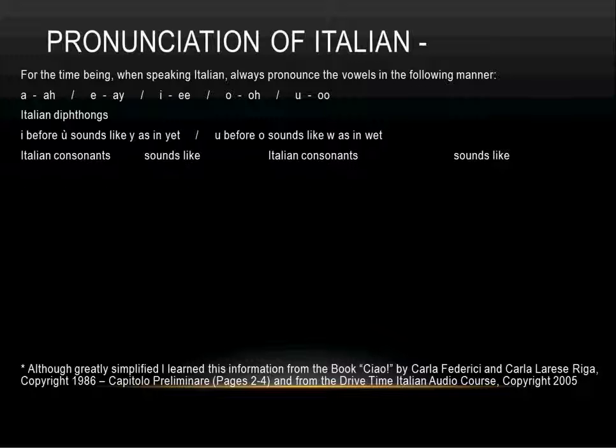Now, Italian consonants. The C, when followed by A, O, or U, is just like a hard C in English, as in cat, cut, cot. However, when it's followed by an I or an E, it becomes what they consider a soft C. But a soft C in Italian isn't like an S, it's more like a CH, as in chip. So a word that you're probably already familiar with, ciao,